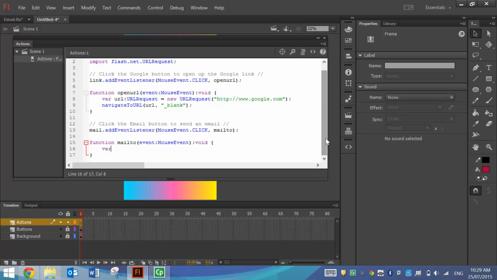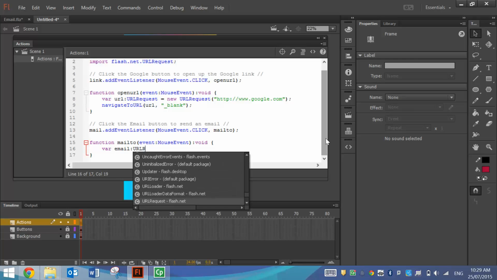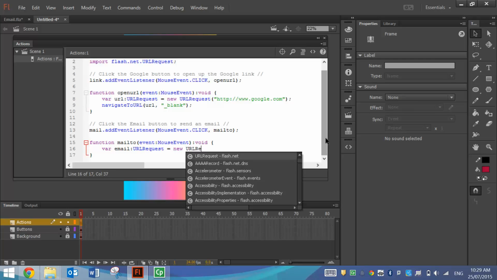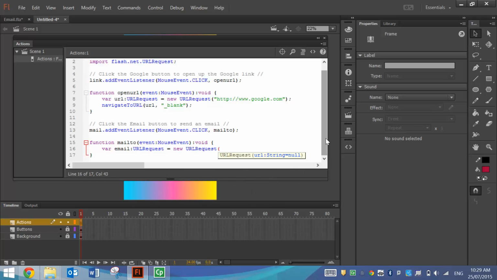Okay, so we'll create a variable now called email. We'll do a colon and write URLRequest equals new URLRequest brackets, and in quotation marks I want you to write mailto colon and then the email address you want to send the email to. So I might do my school email address actually. I want you to do your school email address as well. There it is. We'll do some quotation marks there, close it off with some brackets and put a semicolon at